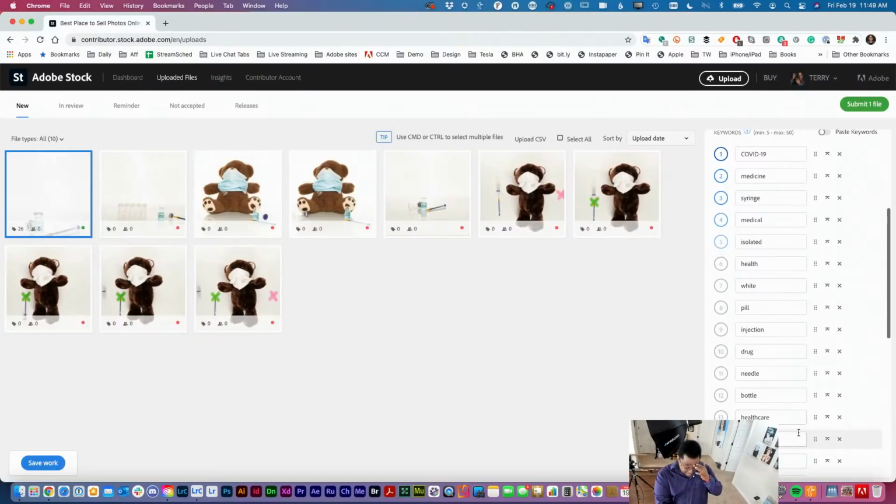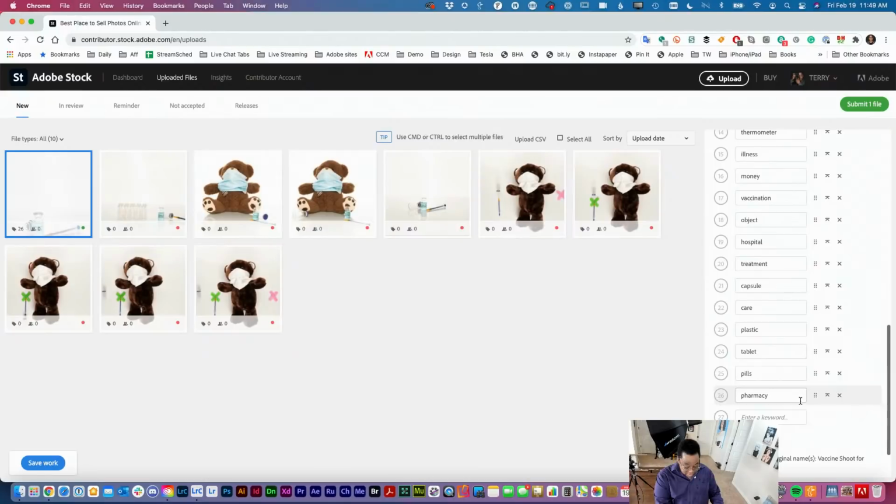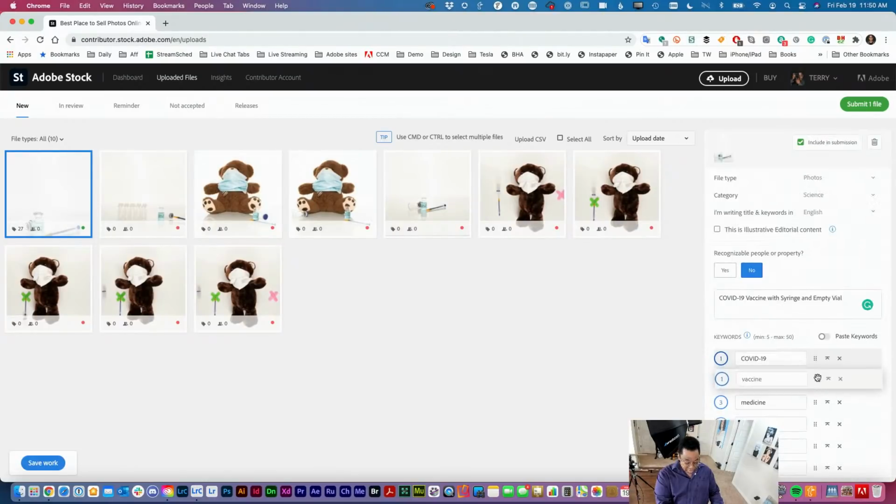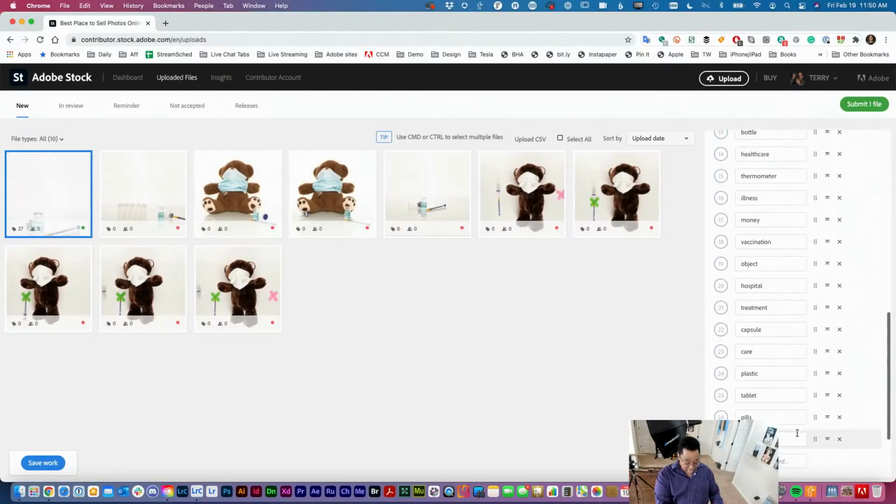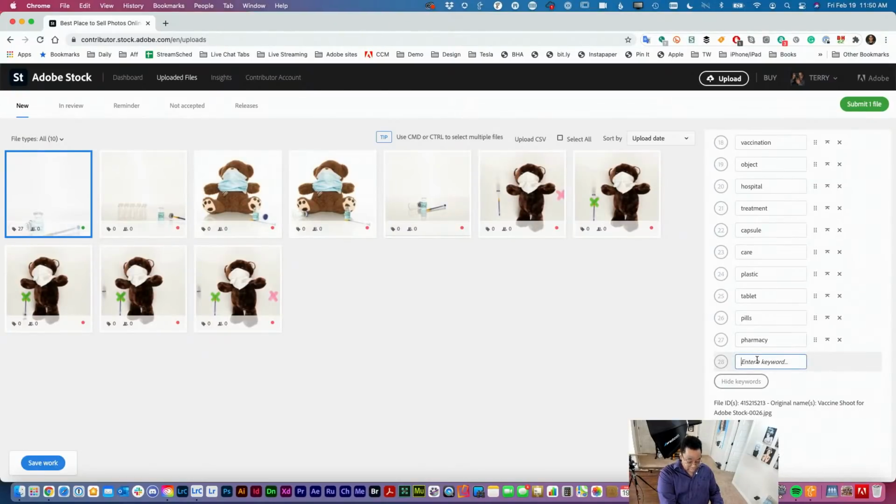You'll see if vaccine's not already here, I'll add it. Vaccinations here. Okay, so vaccine's not already there. I'll shoot vaccine up to the top, but it's really my second keyword. All right, syringe will probably be my third keyword. And because this is isolated, sometimes people search for things that are in the category of isolated. And copy space, because there's plenty of copy space for people to use this image to add whatever text or